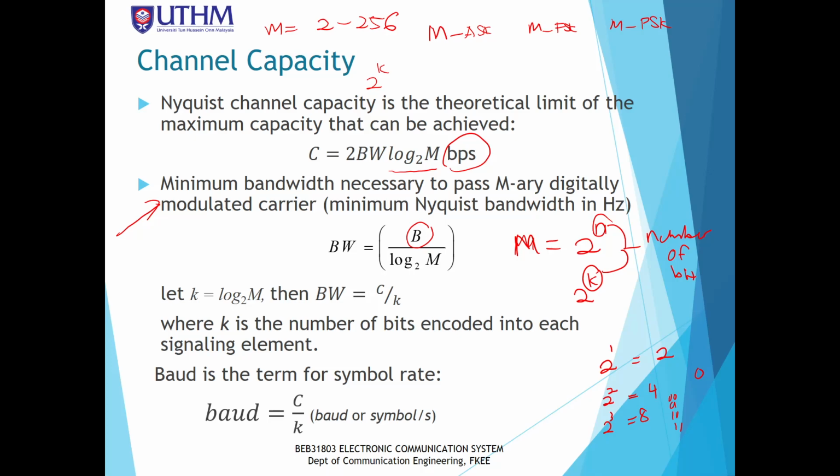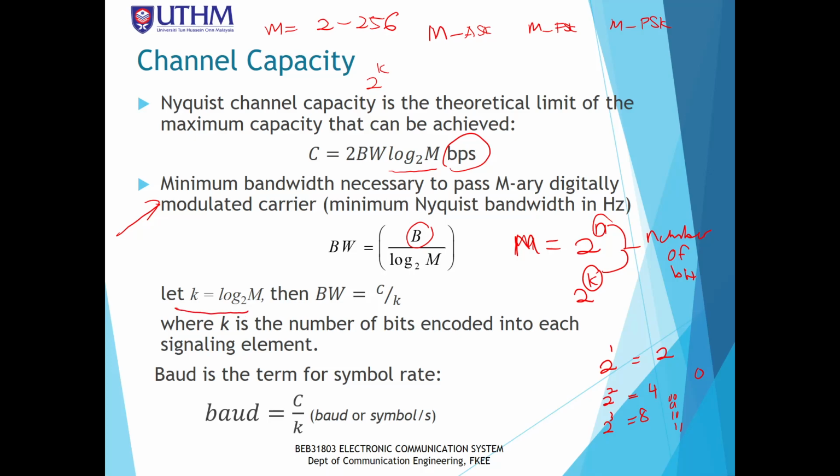Okay, so in short you can say that the m is actually representing the level of modulation. The higher the value of m, the higher the level of modulation technique. So PCM, remember that PCM only uses one bit at a time, so one symbol is only one bit. For PCM, one bit is for one symbol. If you are using 2 bits, that means we have 2 bits for each symbol. Okay. So now